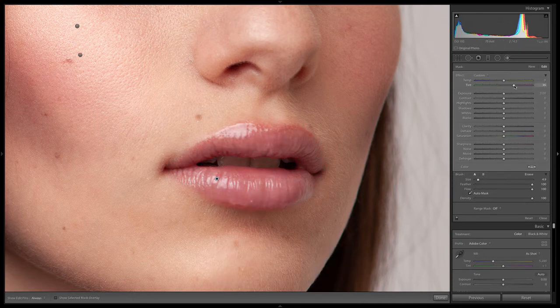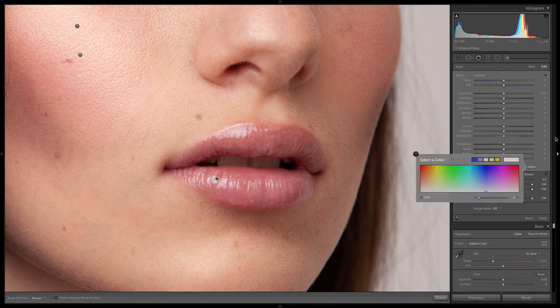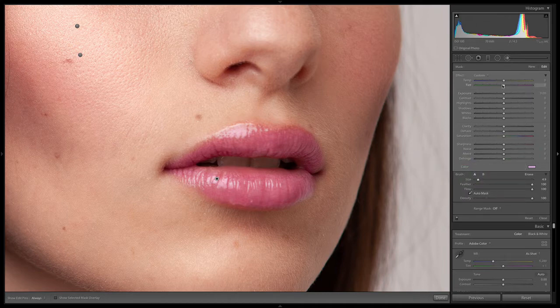You can go straight into the tint if that's the color you want, or you can go into color and pick the color you want. I want something a little more like purpley maroon or something like that. You might need a combo, so you might need to start there, but then play with the color temperature up here.